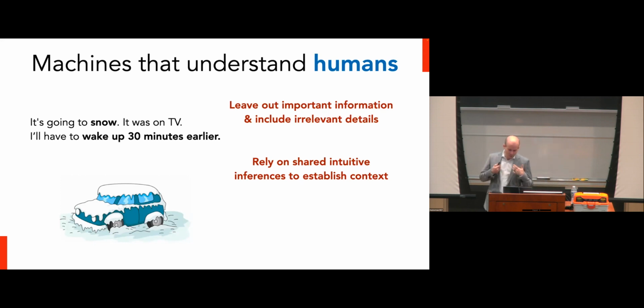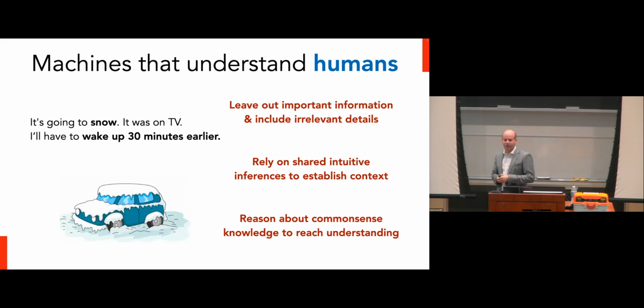And finally, once you've made all these intuitive inferences, you're going to settle on a new picture of the situation based on being able to reason over these incredibly rich but unstated imagined implications. And that's what ends up making the narrative coherent for you. And for a machine to actually be able to provide a recommendation, such as the fact that you need to wake up 30 minutes earlier, it essentially needs to be able to do all of these same things: identify this information, ignore irrelevant information, bring in this outside context in order to give you the right recommendation, as opposed to, let's say, telling you that you should turn off the TV because it's giving you bad news.